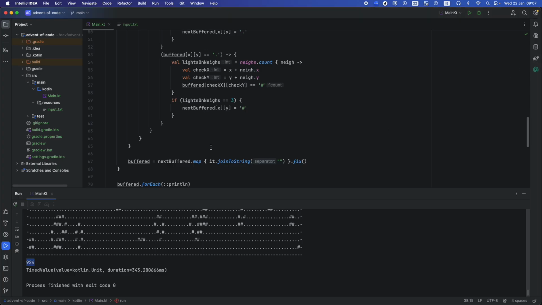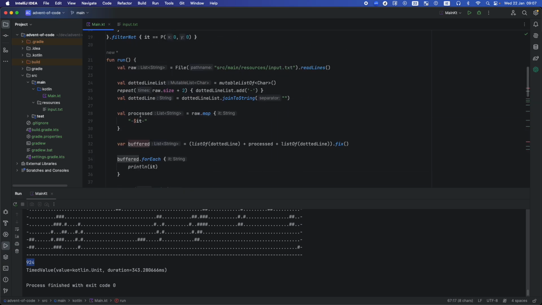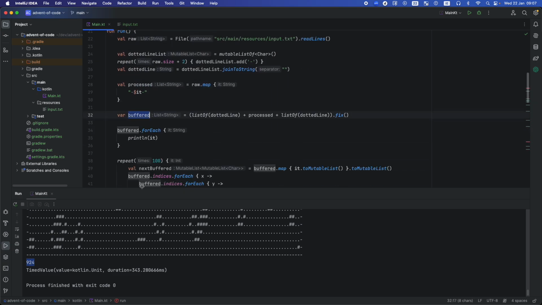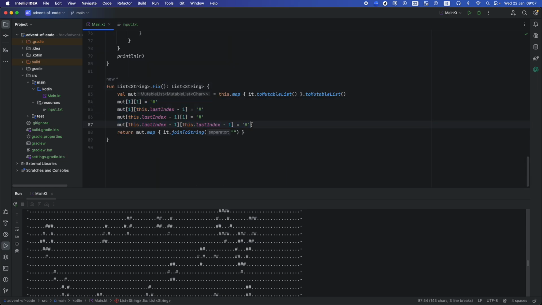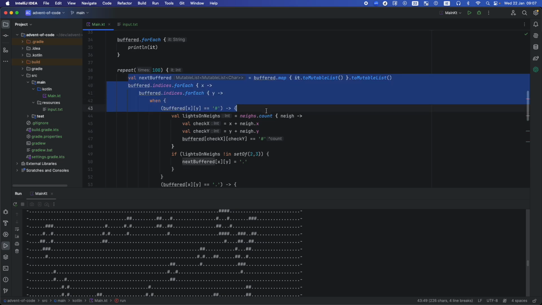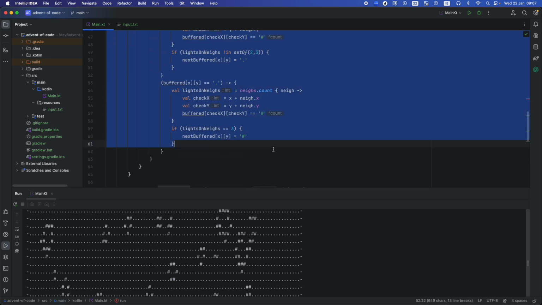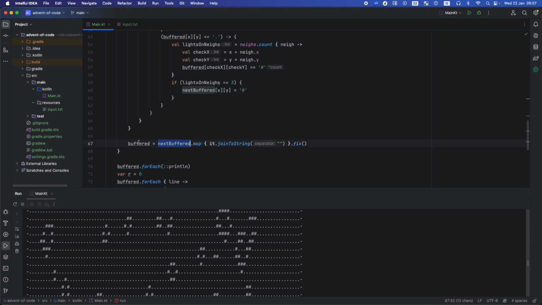Let's have a look. So basically, yeah, we just need to, at the beginning, when I make my initial field, apply the fix function, which just turns all the corner lights on. Then I go through the process of turning lights on and off and so on. Based on the current state, I make the next state, next buffered, and then before I update the current state to be the next one, I turn the corner lights on again, and